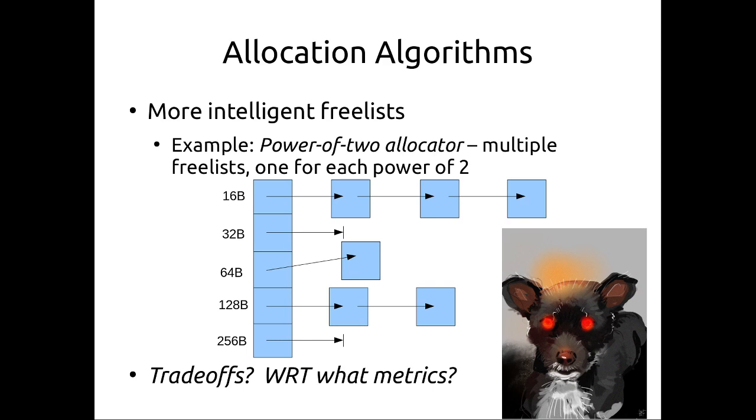We could have a free list for chunks of size 32 bytes, 64, 128, 256. Now we're tracking these different buckets for the different sizes of memory, and we're choosing ranges of memory based on powers of 2, right? So if we get a malloc request for a size of memory between 17 and 32 bytes, we would look up memory within the free list for 32 bytes. If you receive a malloc request for 33 to 64 bytes, we would choose it within the 64 byte